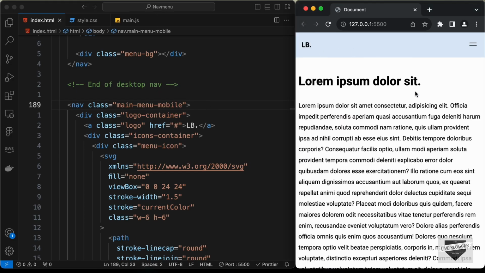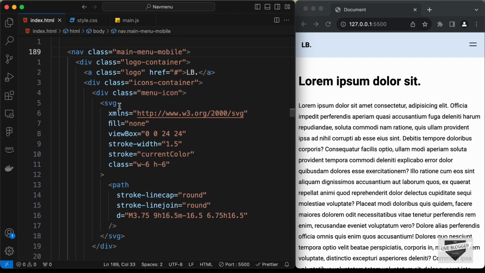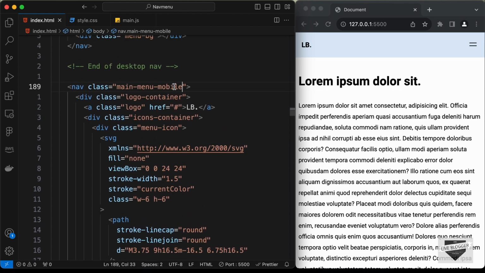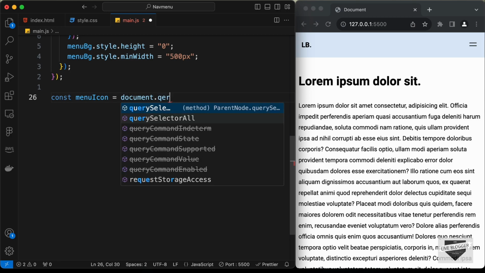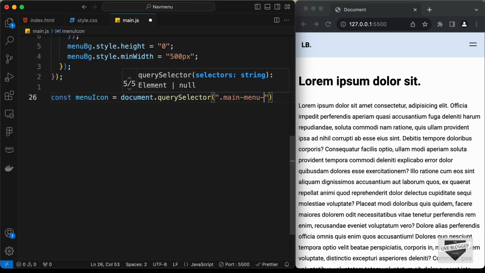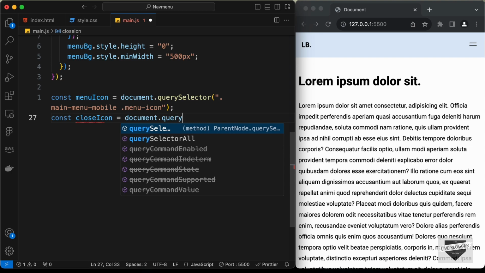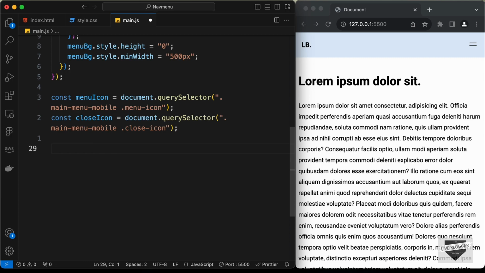Right now, let's write the JavaScript code. So when we click on this menu icon, we need to display the close icon. So first of all, let's target the close icon and the menu icon. So we have these classes, menu icon and close icon, which are inside main menu mobile. So here, let's type const menuIcon equals document.querySelector main-menu-mobile menu-icon, and let's type const closeIcon equals document.querySelector main-menu-mobile close-icon,